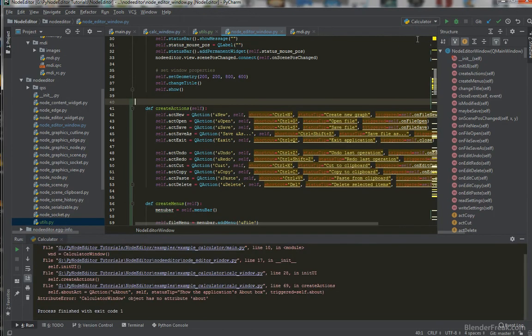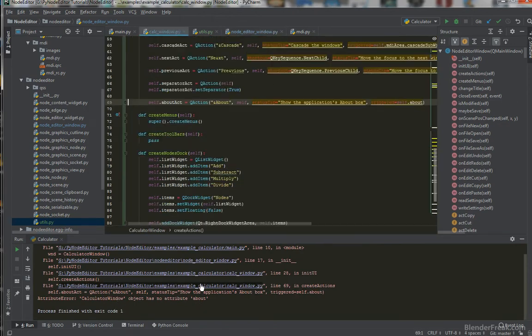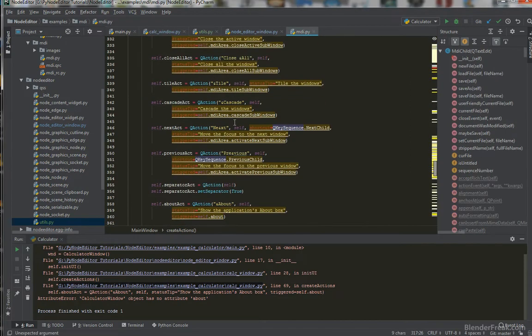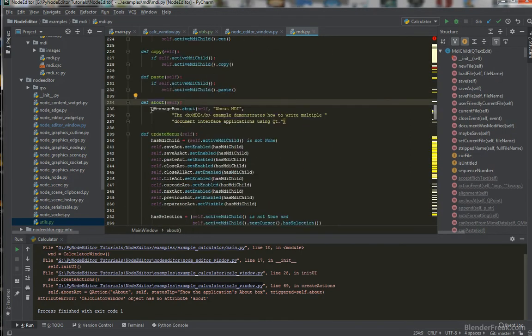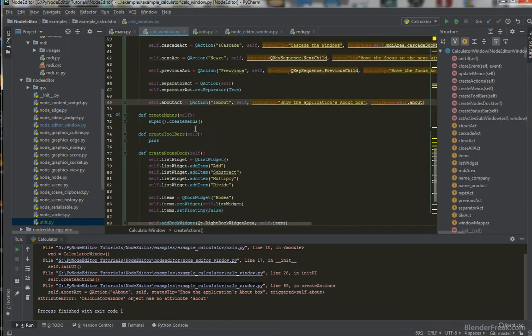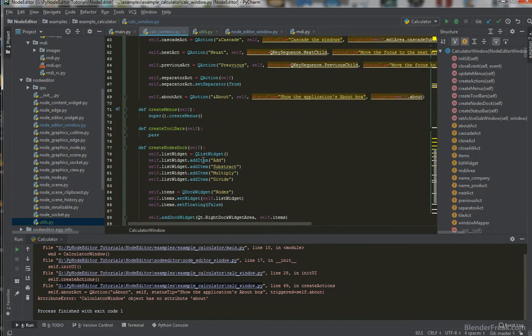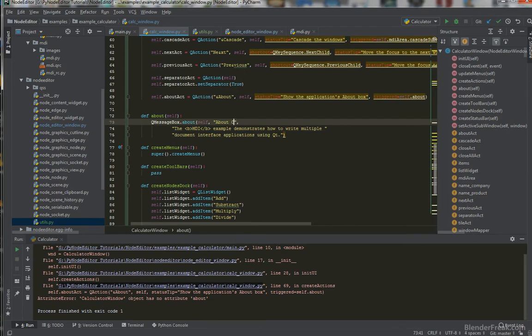So let's test the calculator itself. This one doesn't work yet. We can go here to the about action and there is no about action. So let's go to the MDI, find the about action, which is here, and that's gonna be just simply a QMessageBox about. So let's go to the calculator, copy this function here, about calculator node editor example, and